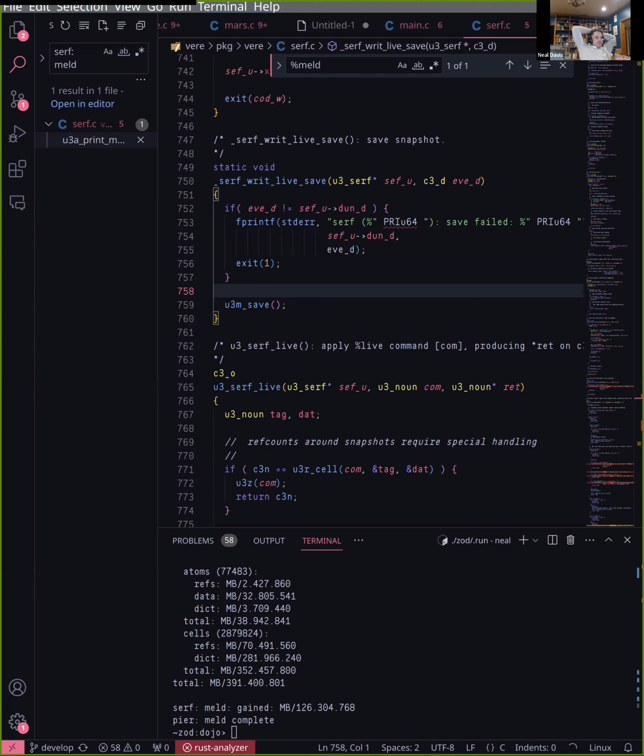GDB is pretty good for working with Urbit. There are some certain processes that you need to do. Typically you're probably going to attach to the Urbit worker process if you're trying to debug the loom and what's going on with our jets. You're going to attach to the serf process and not to the king. You'd only attach to the king if you're actually trying to debug a startup process or one of these outer